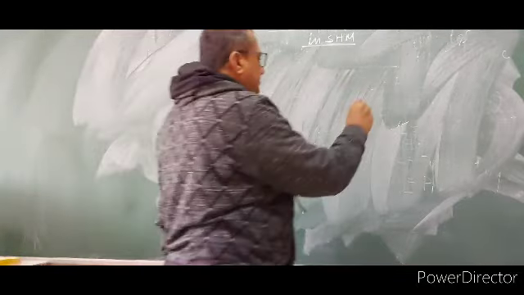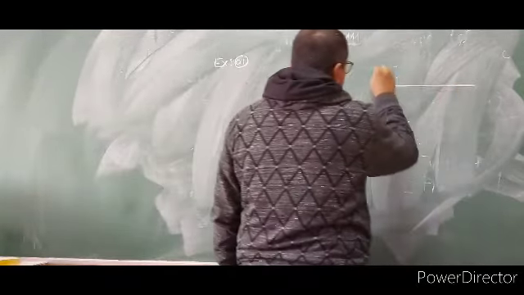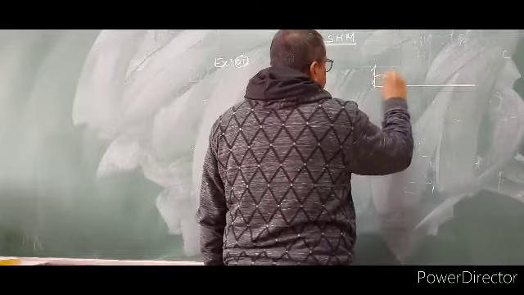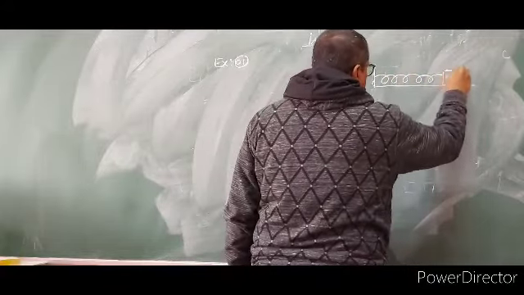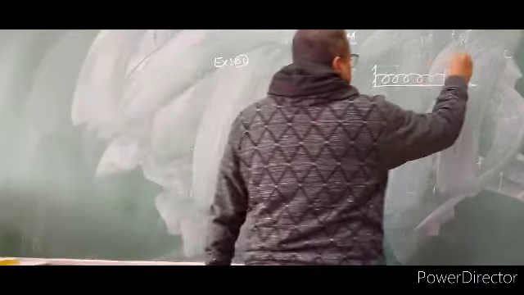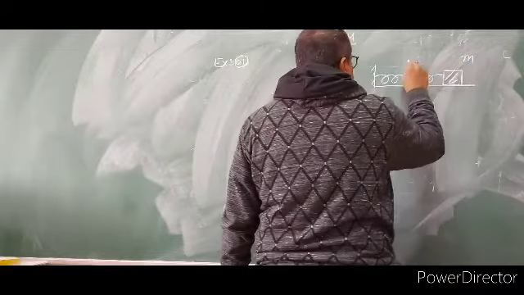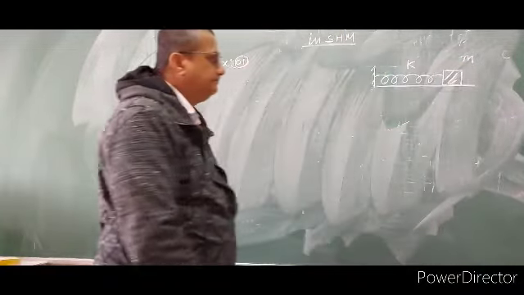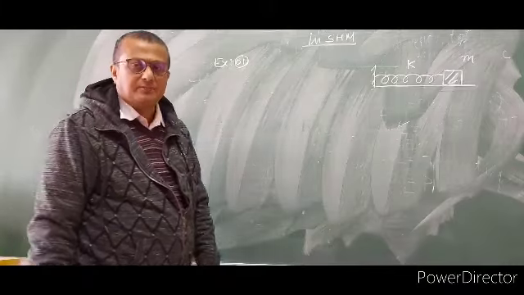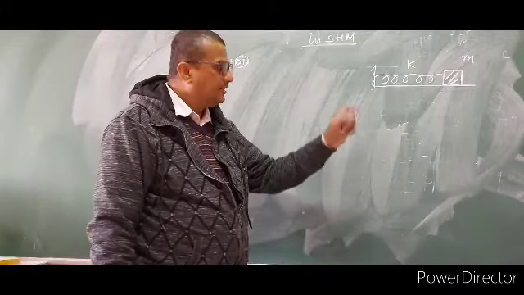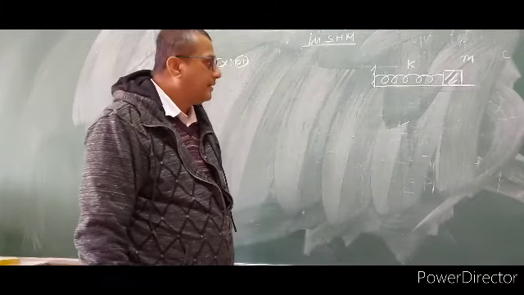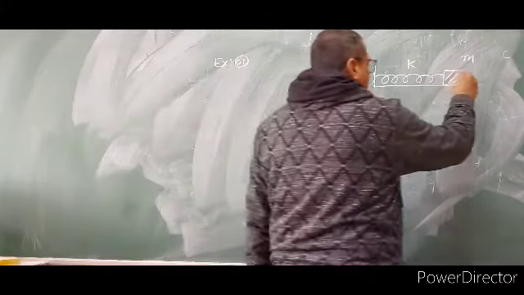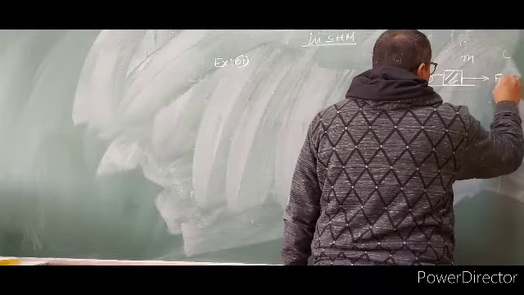Suppose that there is a table. Here one spring is connected with the body. The mass of the body is m and the spring constant of the body is k. When we apply external force on the body